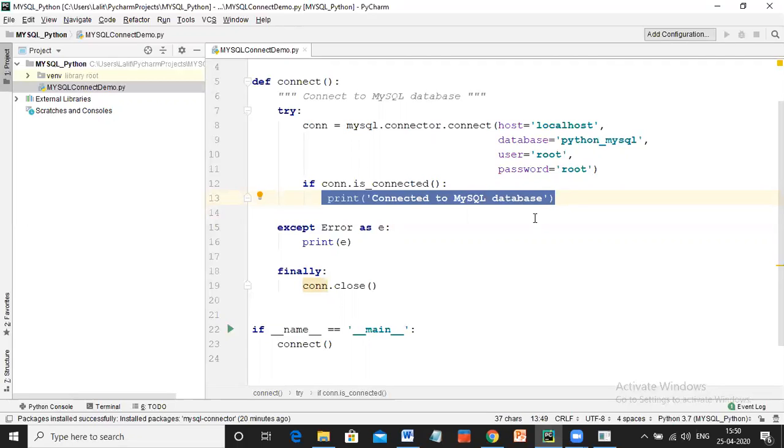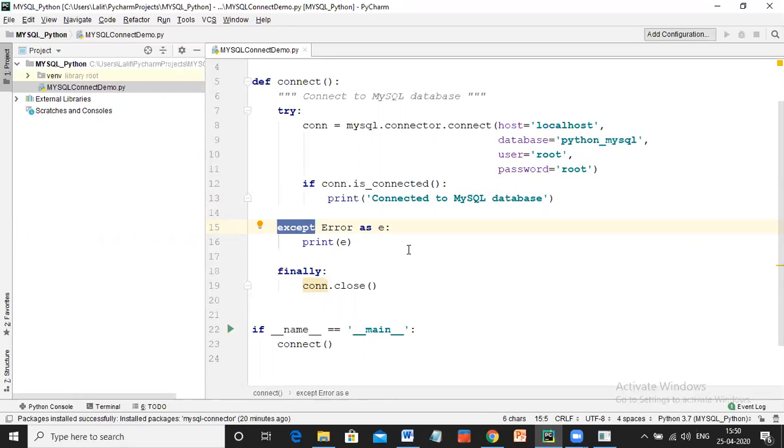And if there is some kind of an error here, who will handle this? The except block. You remember this except block? Here it will just print the error message that popped out, like for example, database does not exist, or purposefully I'll give a wrong password.